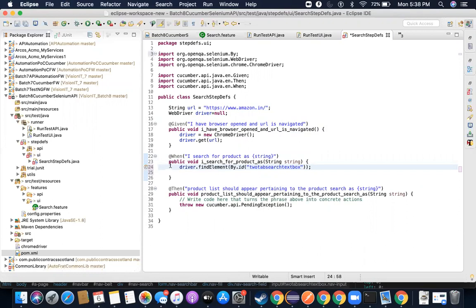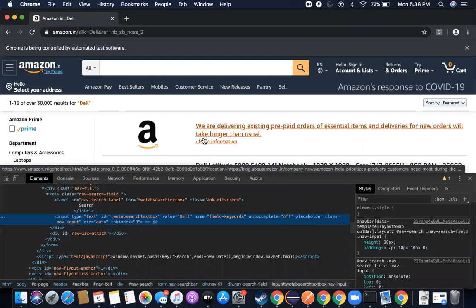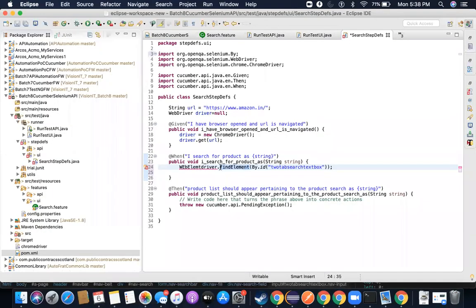Now that the ID is searched, I have to store it somewhere, so I will create a WebElement. In Selenium, whatever you see inside a page has actually two main objects. One is WebDriver, which represents a browser, and whatever you see inside a web browser is actually a WebElement, as long as it is an HTML element. So findElement actually returns a WebElement. This is a method that accepts something, and of course it returns something. So it returns a WebElement, and I'll write it like this: WebElement